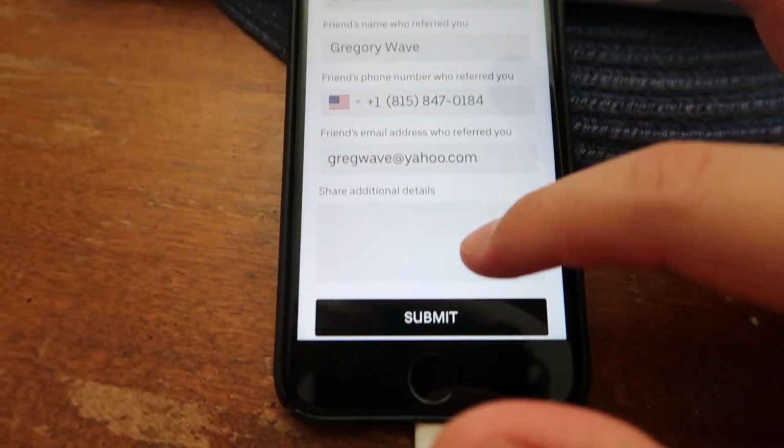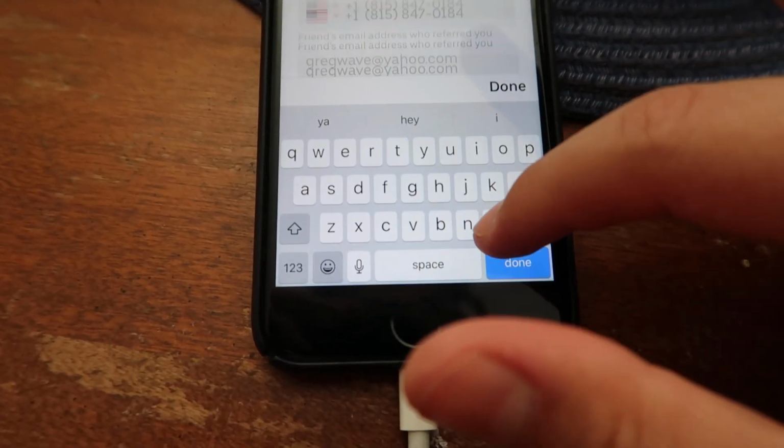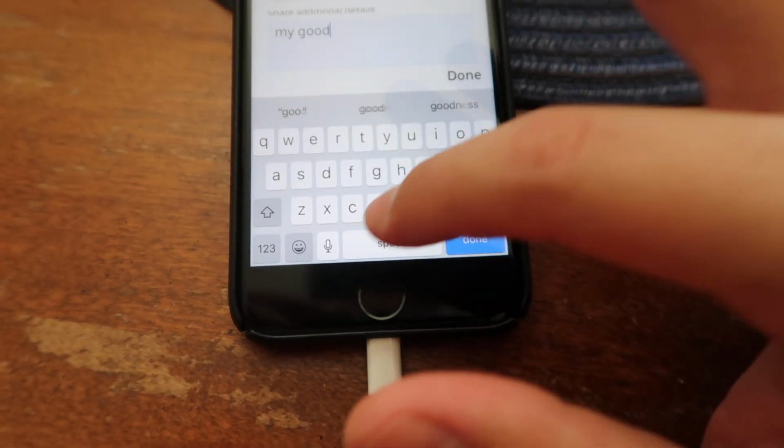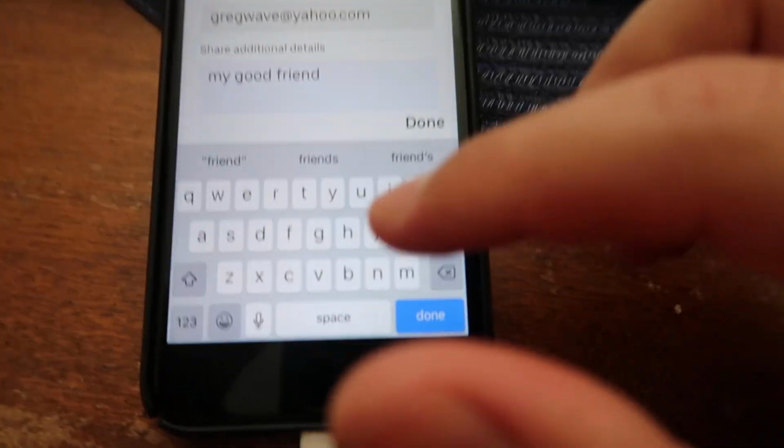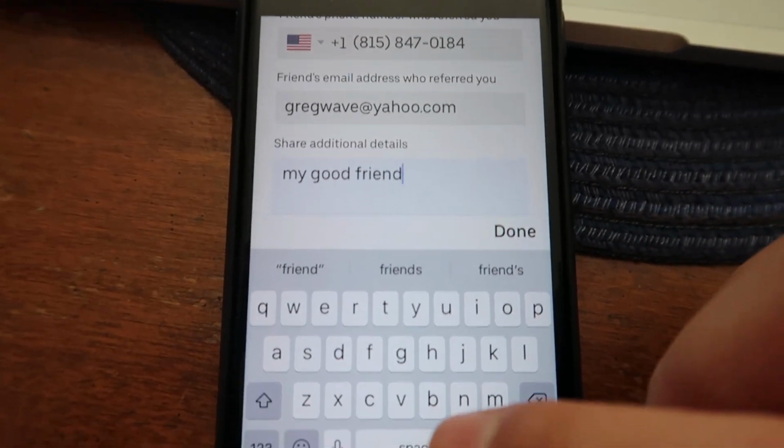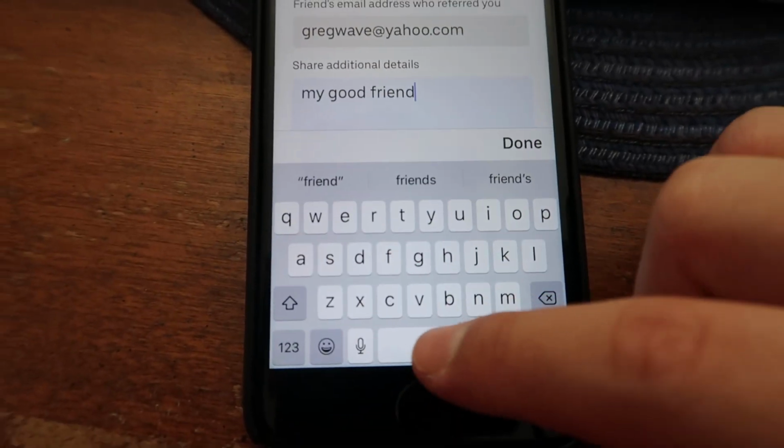After you do this, if you want to shoot Greg a text and just tell him that you used this code, he would appreciate that. He's probably made about 200 videos on the channel. But anyways, type in down here, share additional details, type in my good friend Gregory